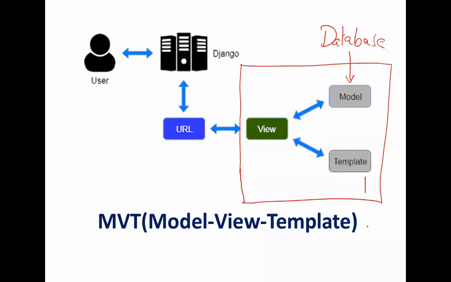Then you have something called as templates. See, when I say I'm designing templates, precisely I'm designing my screens. So if you want, okay, this is my website. This is what my homepage will look like. This is what my page 1 will look like. This is what my page 2 will look like, and so on. So whenever you are designing these pages, you will actually be designing something called as templates. Now, templates will precisely contain HTML codes. You can have CSS as well over here. So precisely templates will give you the interface that would be visible to the end user who is visiting your website. So that is what templates are.